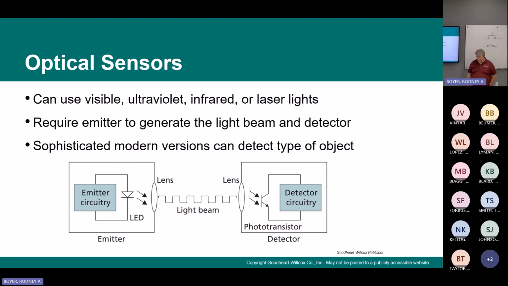Optical sensors can use visible, ultraviolet, infrared, or laser. They require an emitter to generate the light beam and a detector to detect the light beam. Sophisticated modern versions can detect the type of object. I've never personally seen one that can detect the type of object, but